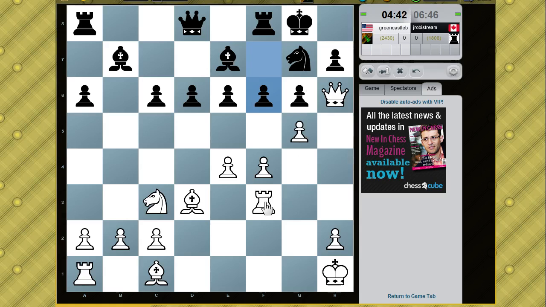Oh, I'm under 5 minutes. I have to try and play more blitz-like chess. So here, I'm probably going to take on h5, because I think bishop e2 is too slow. Bishop e2, I think he plays...